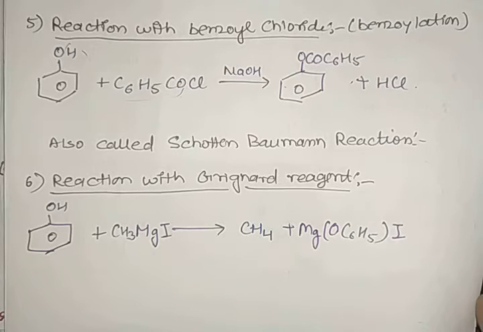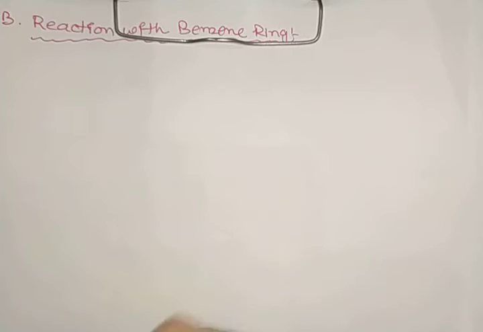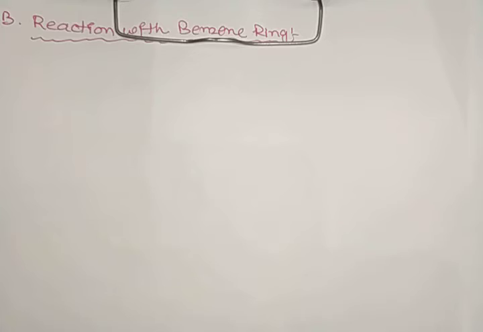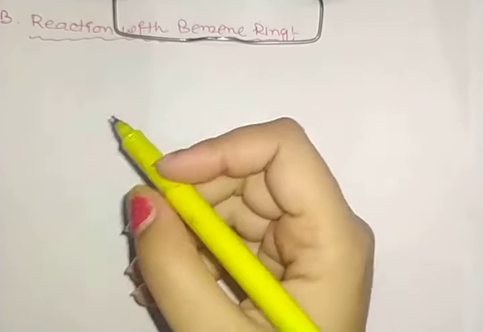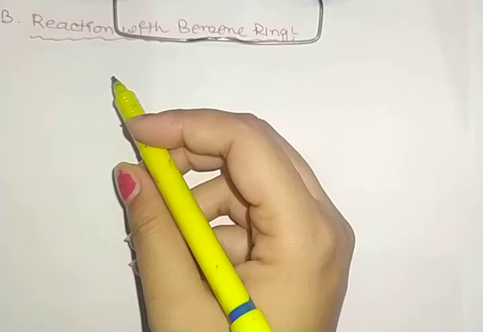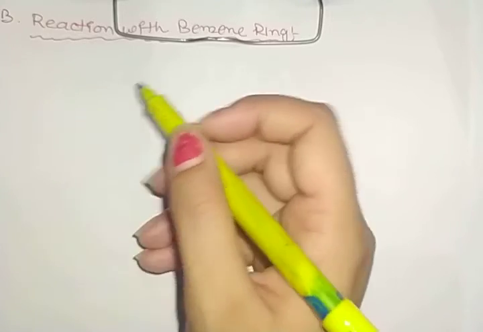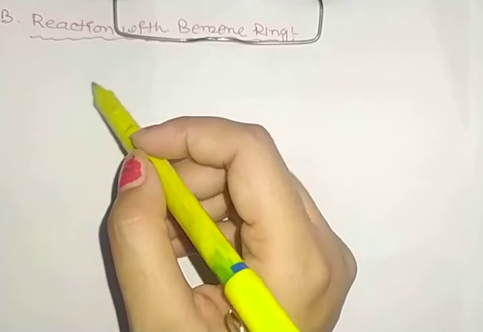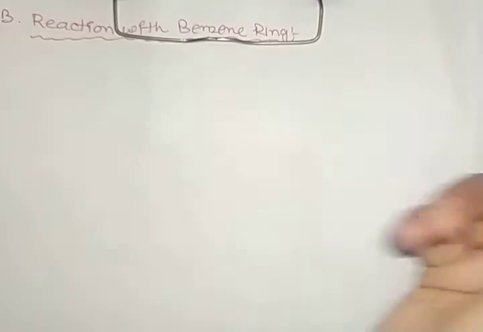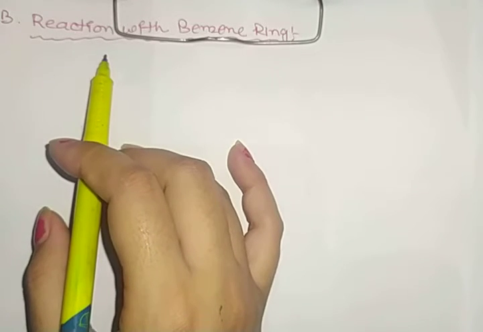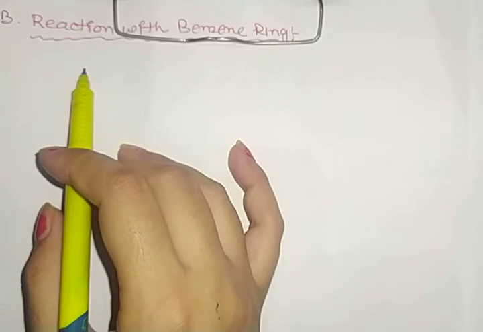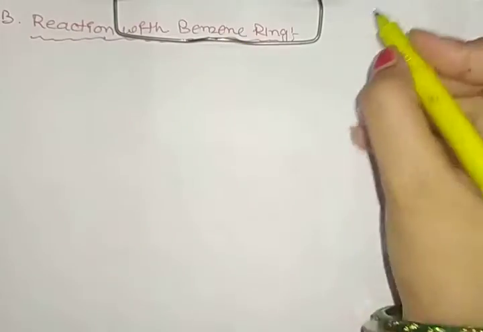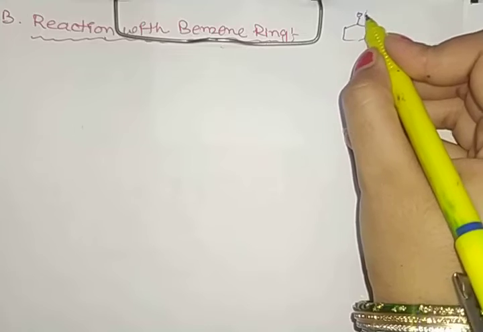So next is reaction with benzene ring. As we are taking phenol, we can say that phenol which is having OH group undergoes electrophilic aromatic substitution. As we can see that in resonance of phenol there is a positive charge on the hydroxyl group. So this reaction occurs at a faster rate than that of simply benzene ring. So that OH group is ortho and para directing. In phenol, that OH group is ortho and para directing.